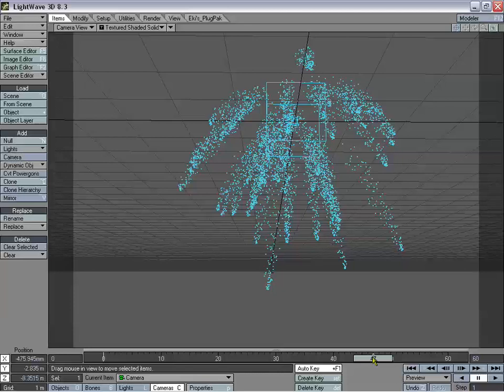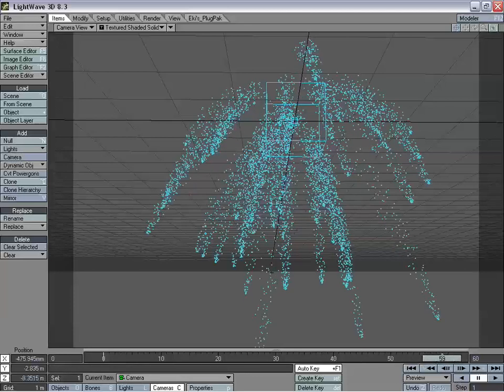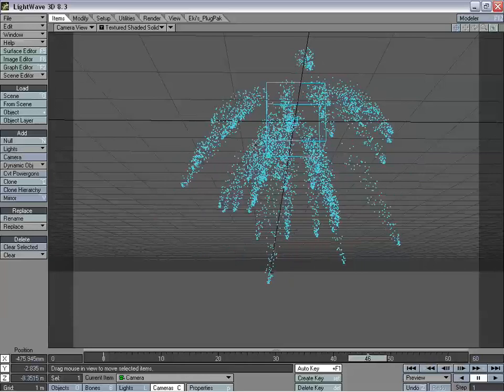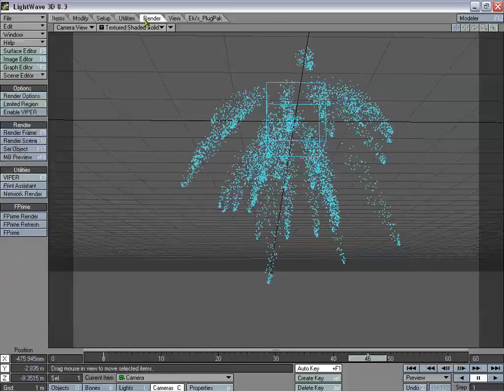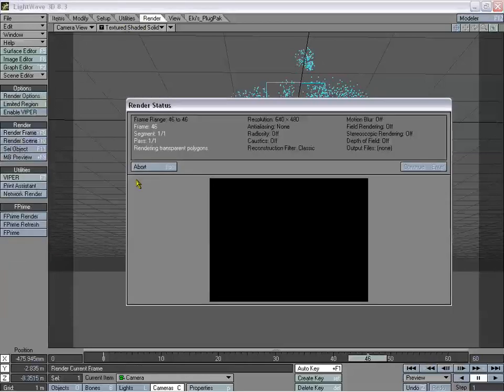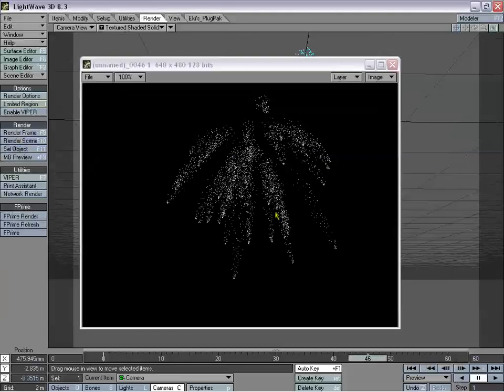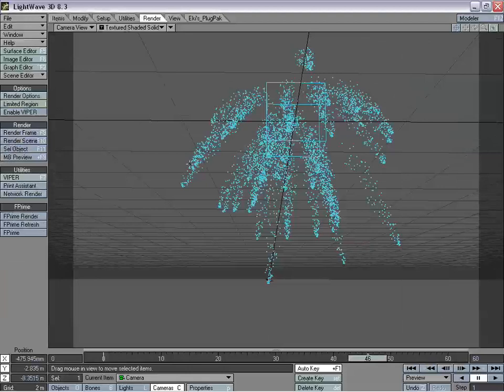Okay, I've just loaded in a quick scene, pretty much the same thing we had before, except these are particle emitters, so they'll show up if we render. Go to the render tab and click render frame, and as you can see, those particles now show up. And now the best way to make a firework out of this is just to apply a glow